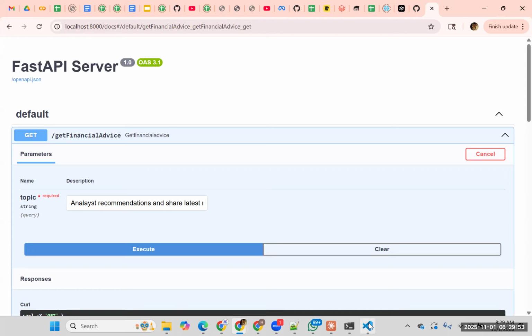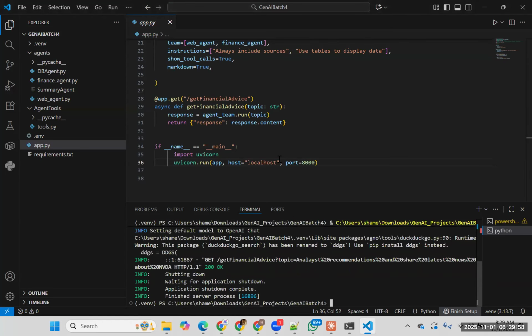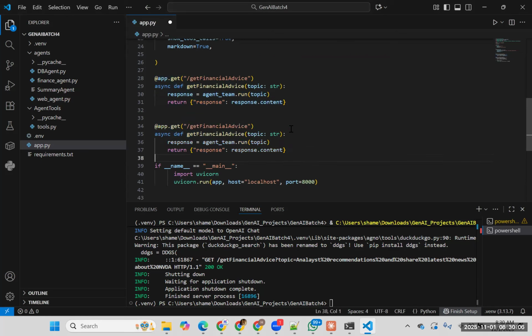Now, if I want to add more functions here, all you need are endpoints, let's say,